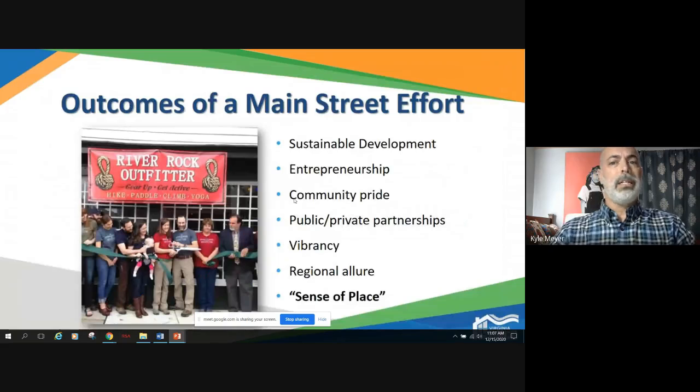And the outcomes that you can expect from a Main Street effort is sustainable development. That's triple bottom line as far as economic, environmental, and social sustainability. Of course, entrepreneurship, since you are creating programs and a space where small businesses can grow and thrive. Community pride because of the revitalized downtown and a wonderful center of community for